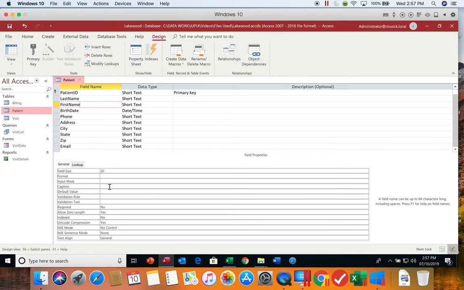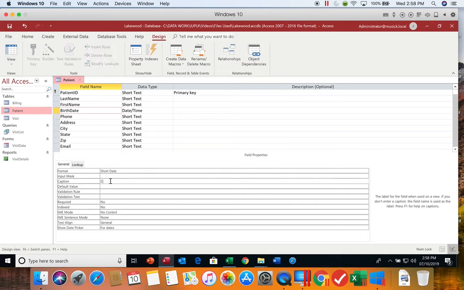We have first name that we're going to add a caption on. On the birth date, we're going to add the caption to read date of birth. So we'll come down here under caption and type in date of birth. The last thing we're going to change